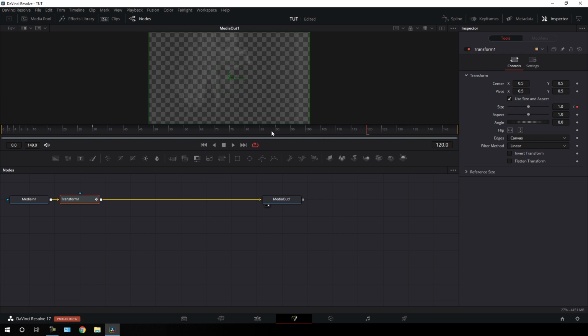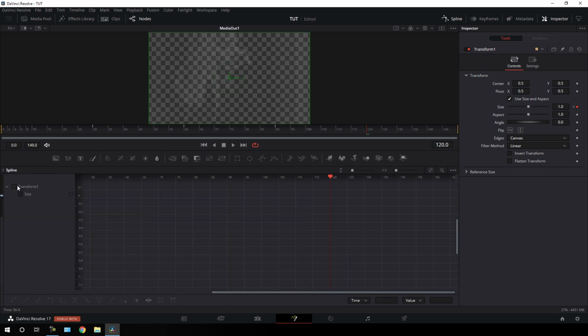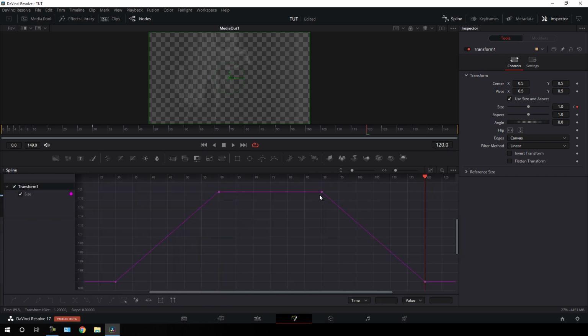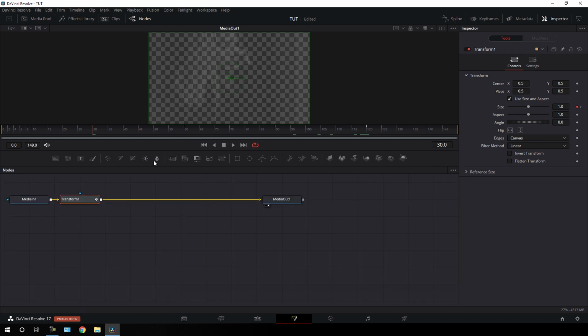Alright, and finally we have to make it smoother. So just go to spline window, hit F4 on the keyboard to full screen, check this transform, click on fit button, highlight this keyframe, hit S on the keyboard to smooth, highlight these two keyframes as well, hit S on the keyboard to smooth, highlight this point, hold this handle and just drag it like this and create a nice smooth curve. Place the CTI at the very beginning, highlight this point, hold this handle and just drag it like this. Alright, and after that close this spline window, and now we have a smooth zoom in animation,